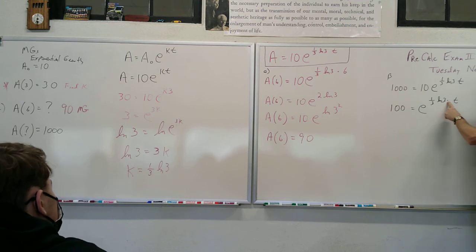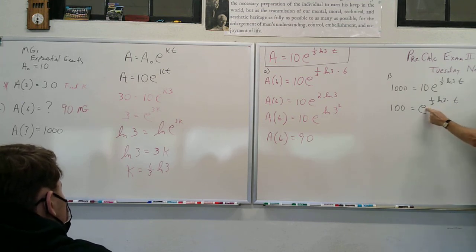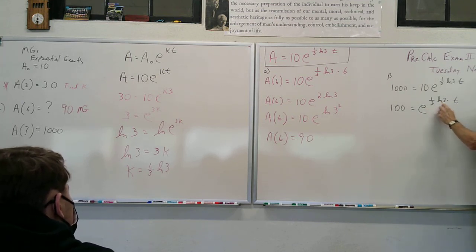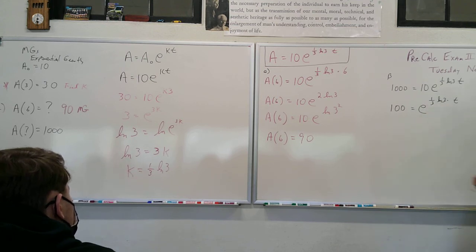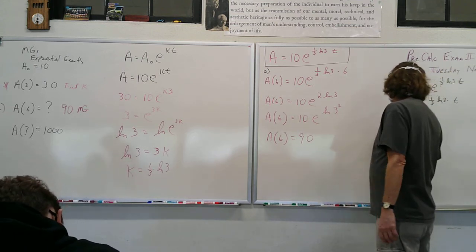That's going to mess you up when you try to use a rule. Because you can't do e to the natural log of 3 to the 1/3 right there, because you would have this t out here on the end. Is that okay? So we don't do that. We're just going to take the natural log of both sides. Because that's too complicated. So we're going to get natural log of 100